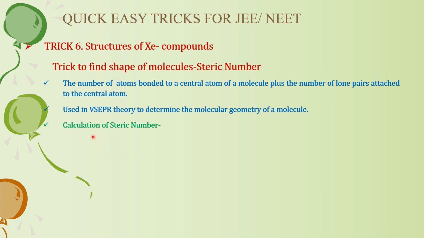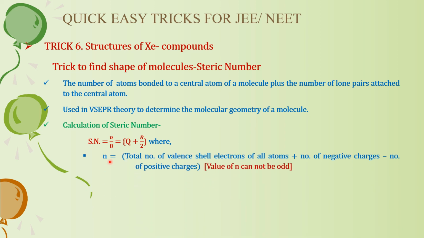First, we will calculate the steric number, and for that I am giving you one trick. In my lectures on chemical bonding, I have given two tricks. This is trick number 1, and there is one more trick in another lecture, trick 2, hybridization. If you want to know the second trick, you can watch that lecture. So steric number is n by 8, which equals Q plus R by 2. Now what are n, Q and R?